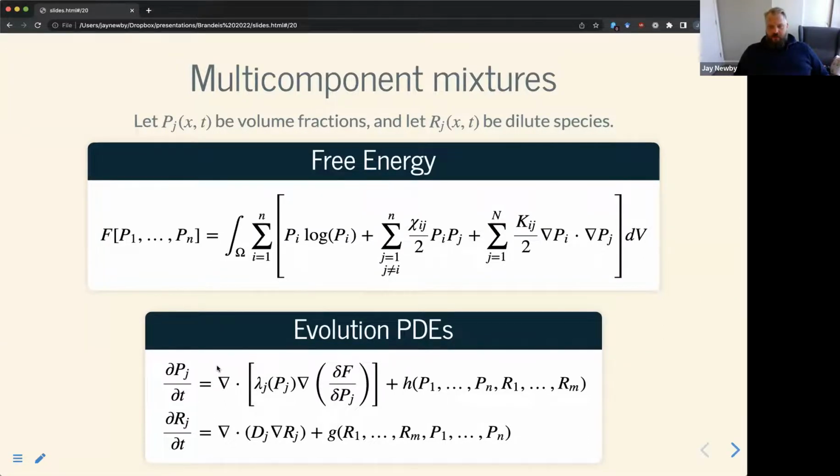The way that we modeled this phase separating system is a very common way of modeling this phenomenon, especially in the liquid phase separation and cell biology community: just use Cahn-Hilliard equations. So you postulate a free energy, and then you look at the gradient flows in that energy. You can define these PDEs in the usual way using the functional derivative. And you get something that looks and acts a lot like a reaction diffusion equation, except now